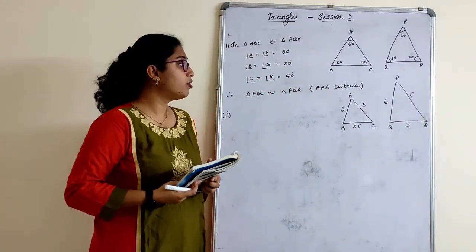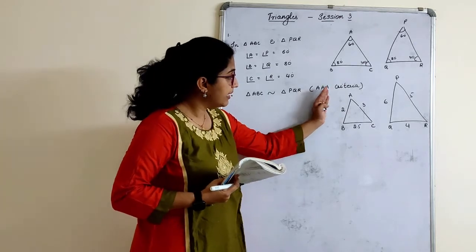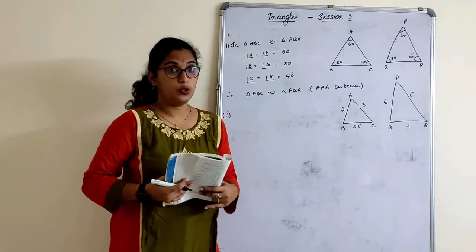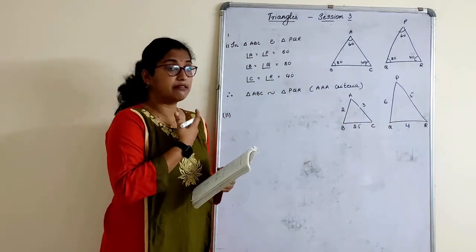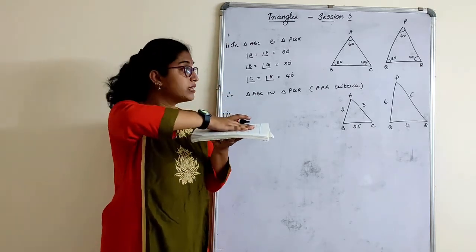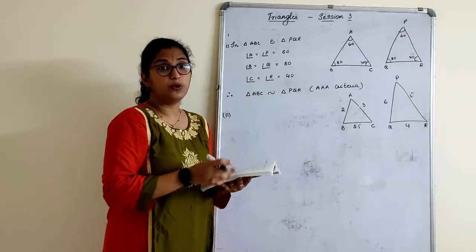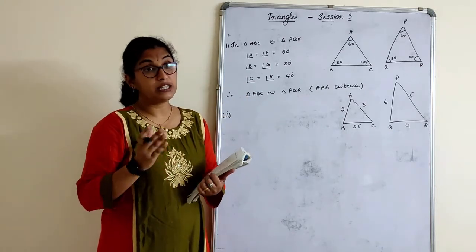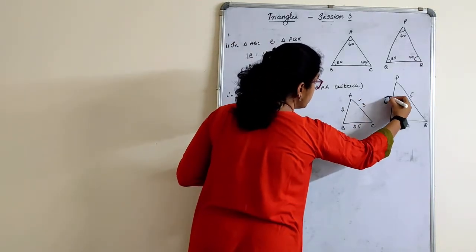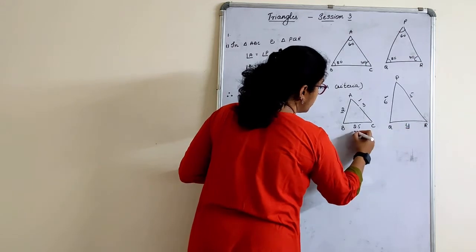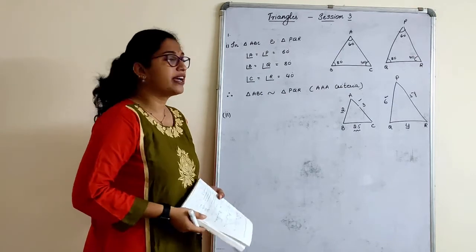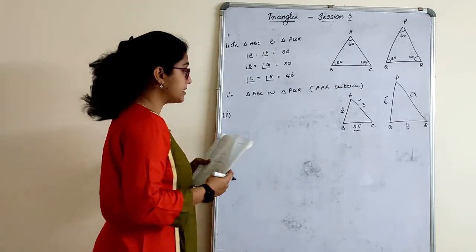One thing, children: you always need not go respectively AB, PQ, AC, PR and BC, QR. No. See, when you have a triangle where no marking is given, try to superimpose a triangle. Superimpose is keeping one on the other, in different matching of vertices. See what could be the proportional sides accurately. I think I can match AC with 6, I can match this with 4 and I can match this with this side. Can I match that? I keep the triangle in such a way with respect to those bases.